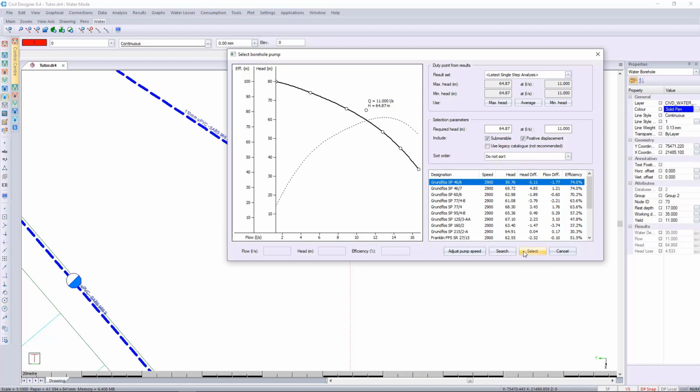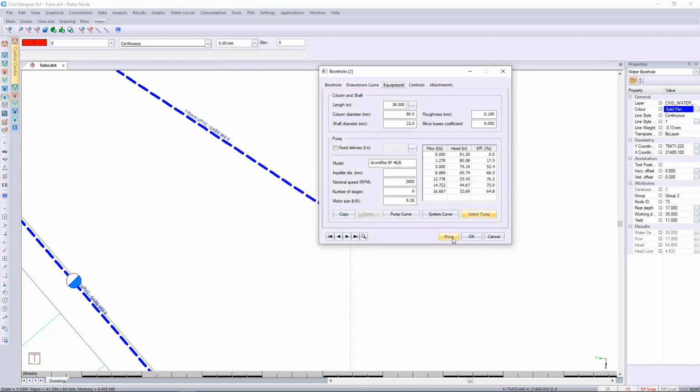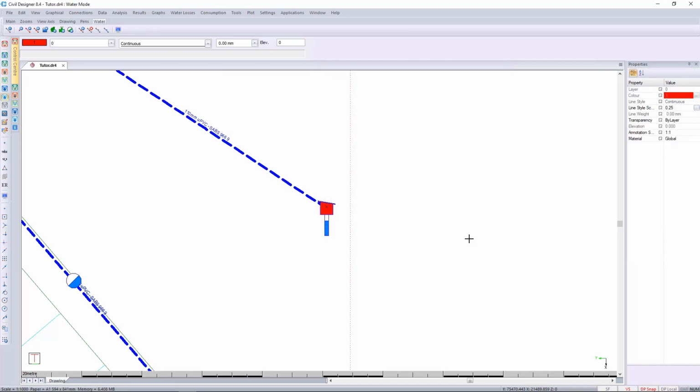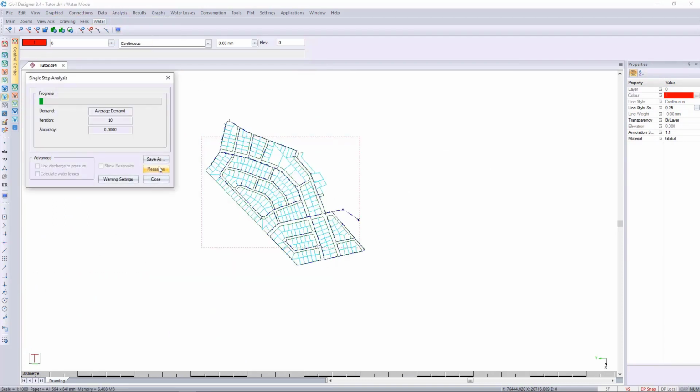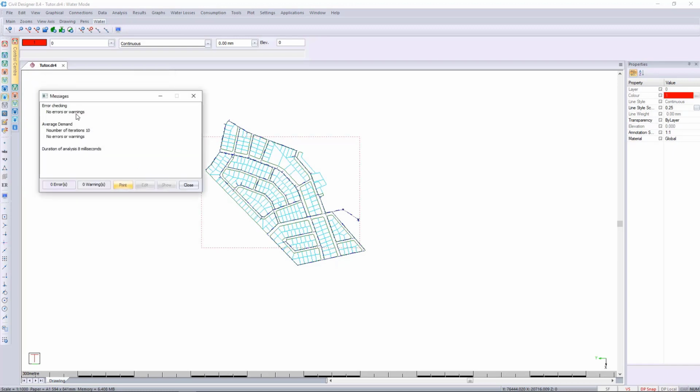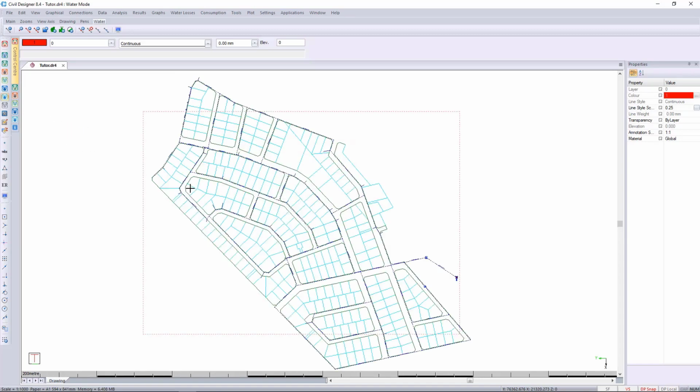I'm going to select this pump and I will then press OK. We can then go and run a single step analysis again and look for messages. There's no errors. So this pump is working for us, and that's how we would put a pump on a borehole onto our